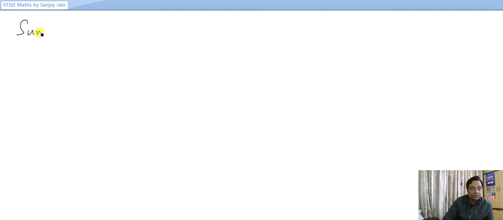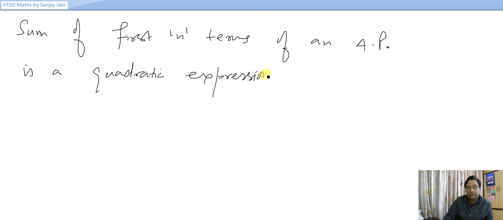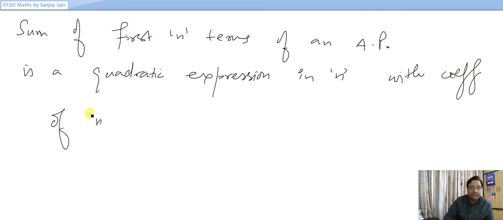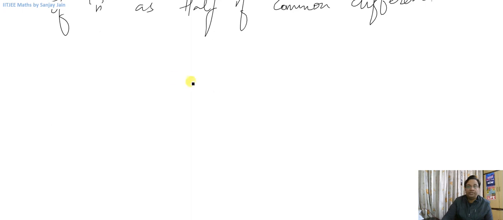Sum of first n terms of an AP is a quadratic expression in n, with coefficient of n² as half of the common difference. So if I write that sum of n terms of an AP